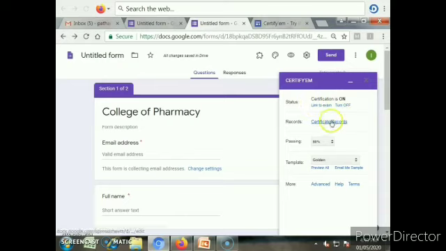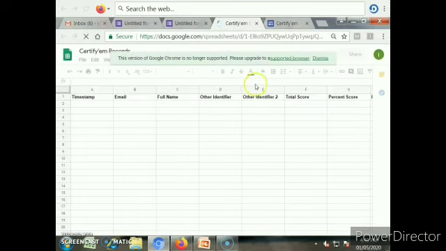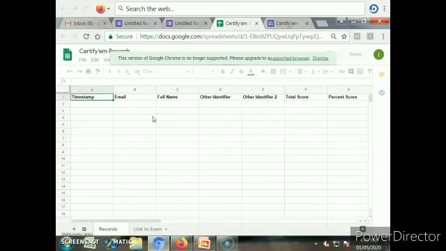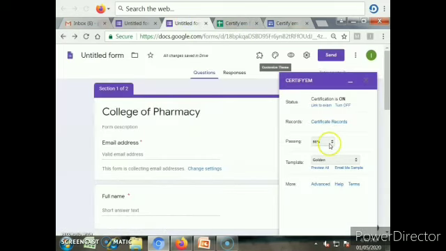After the submission of this quiz, when the respondents submit it, all this record will be recorded in the Excel sheet, like this spreadsheet. All the respondents' questions and answers will be stored in this sheet.